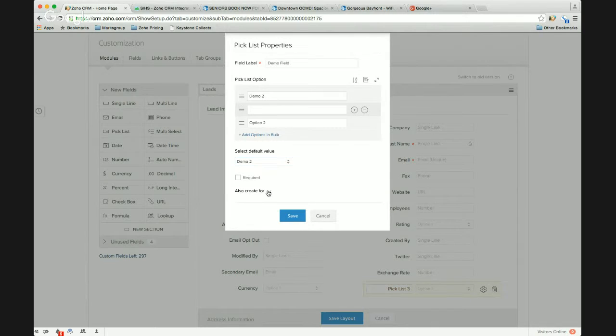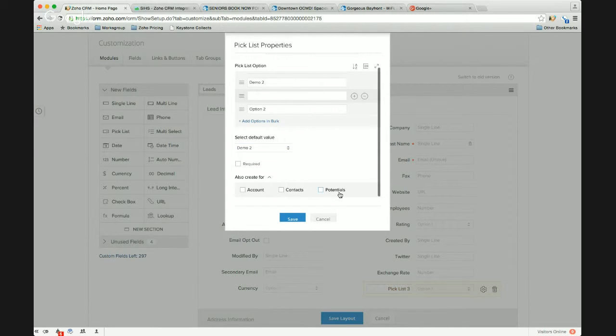drop down here in the property field where I can choose to also create this field for one of these other 3 records, because if you recall, when you convert a lead record, that information in the lead record flows into these 3 new records. So if you're creating this field for a lead record, and it is intended to flow into 1 or 2 or all 3 of these, then you can quickly create the same field for these 3 records by just clicking